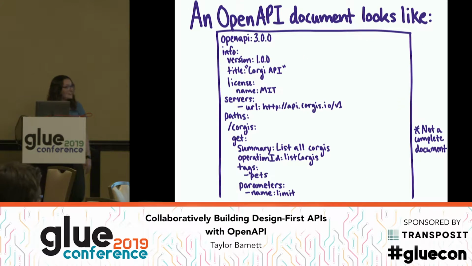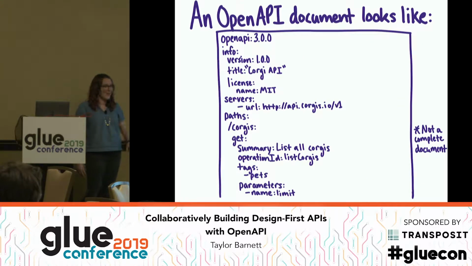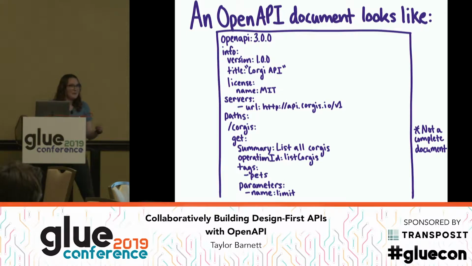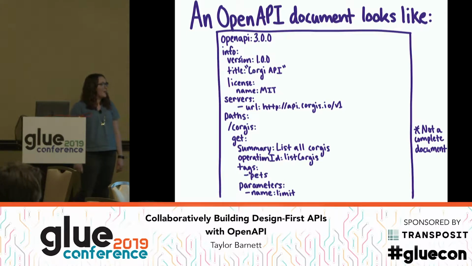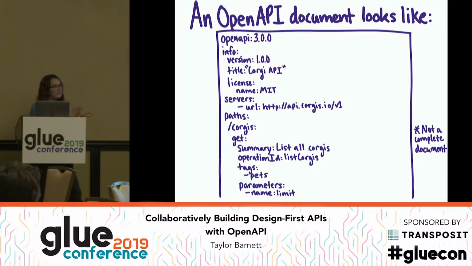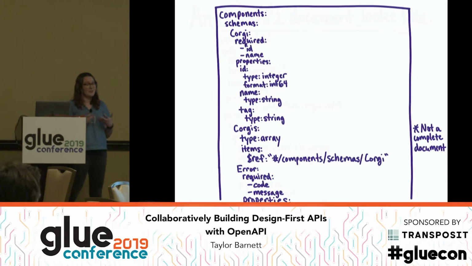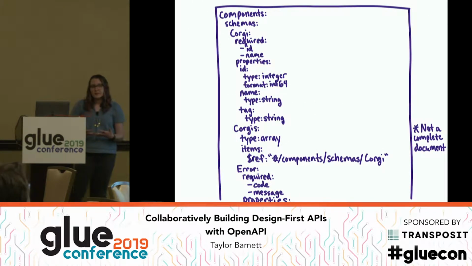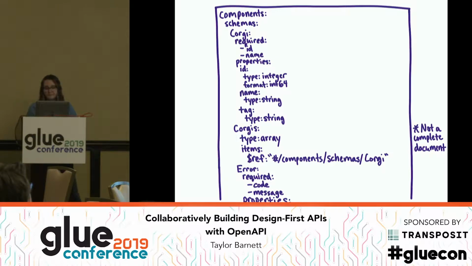I had to write YAML by hand, which could have been written in JSON, but I didn't really want to write all my curly brackets. And so it's the API operations, the responses, the requests, all the good stuff. But most importantly, it's also things like shared schema for objects, like errors, or using references to be able to reuse these models and not have to rewrite schemas over and over again.